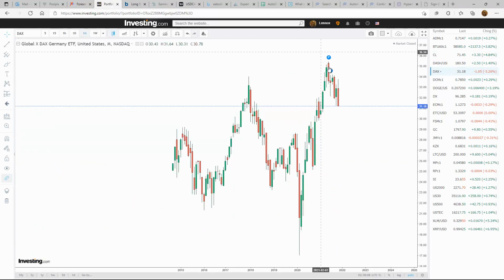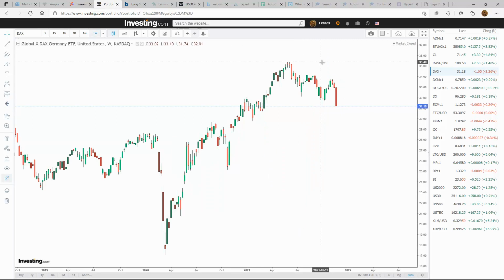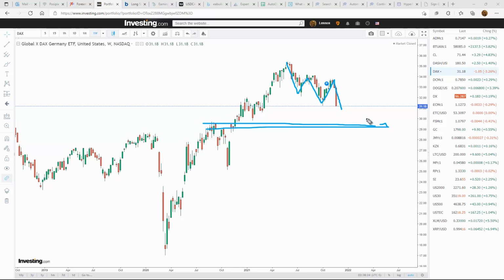Quite the move up, but we're pushing back down with lots of vigor here. And you can see it's not a straight down like oil and so forth. It's more of a staggered move. So it looks like we still have a bit more to come back down. We could come back down into this area. And so that's what's going to play out.